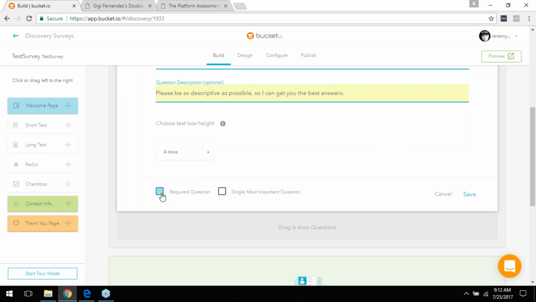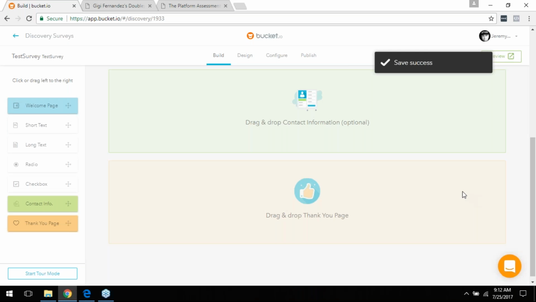You can make it a required question. And then, and this is an important box here, you can choose it to be the single most important question of your survey. And a lot of times, you'll want at least one open-ended question to be marked as the single most important question, because then bucket.io will do some additional scoring on that question for the reporting. And we're going to get into the reporting here shortly, and I'll show you how that all looks. So then you'll save your question down,